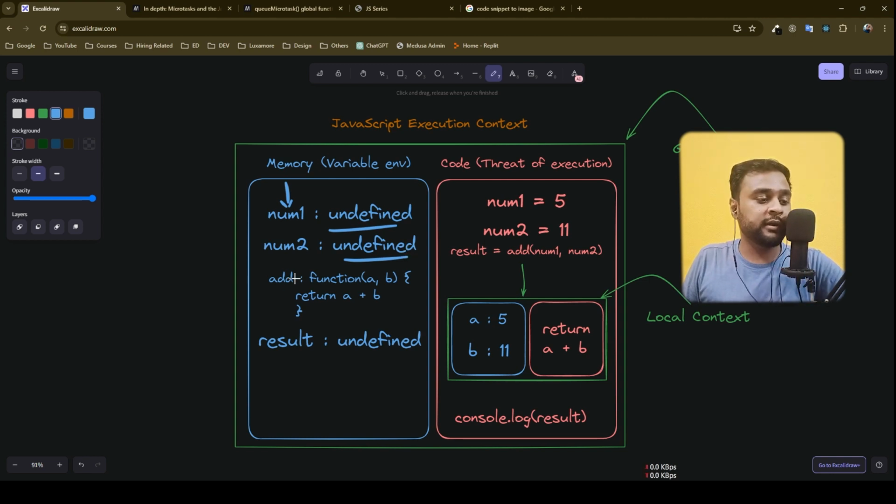Also this add variable, because it is our function, is allocated the exact text of the function, and the result is also defined as undefined. Now during the code execution part, these undefined values are replaced. So the first line is executed, and num1 is now replaced with the value 5, then num2 is replaced with the